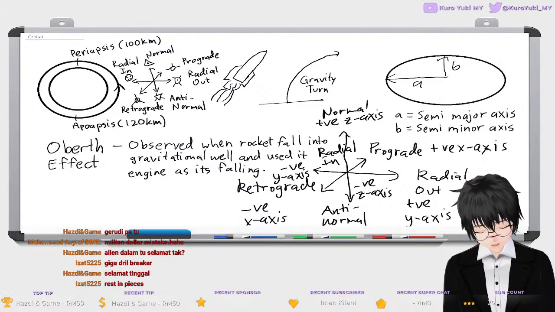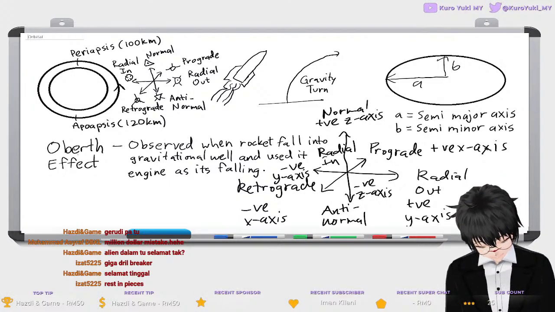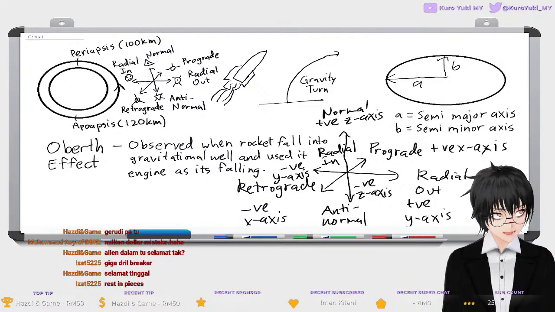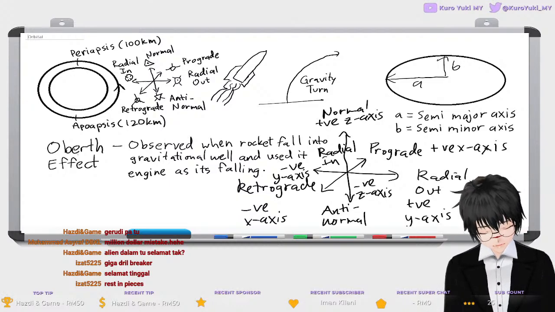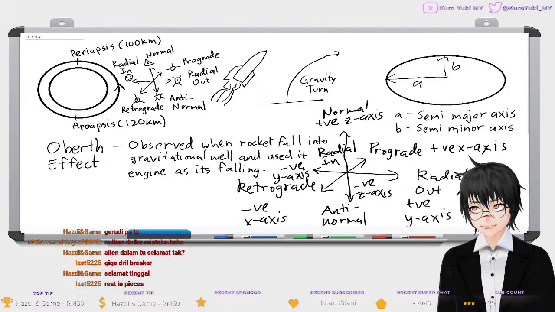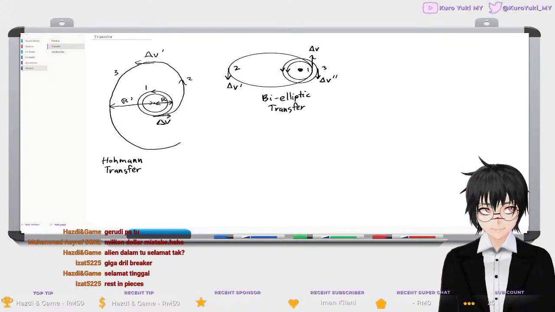And for the retrograde, we use it during our descent stage mostly, and during our re-entry period. And what else? That is basically on the orbital part of it again. And for the orbital transfer effect, wait, give me a moment. Yeah,